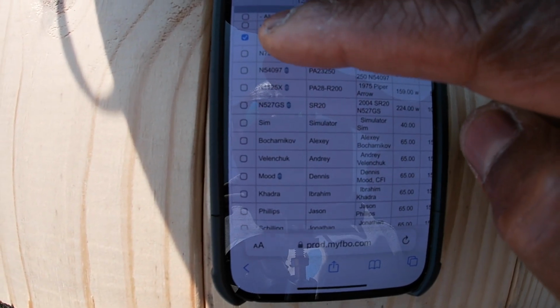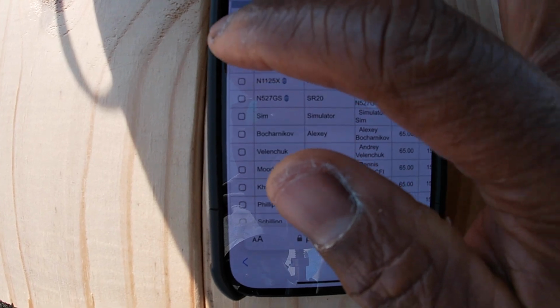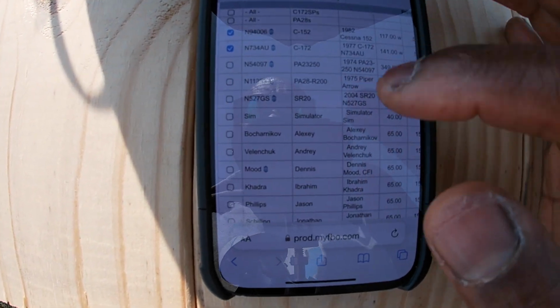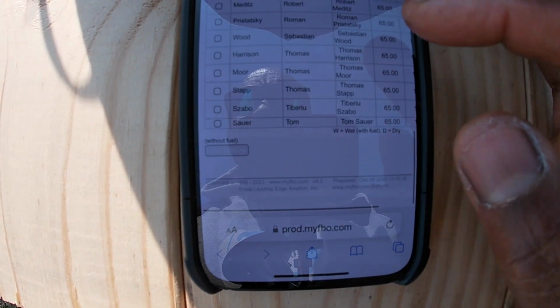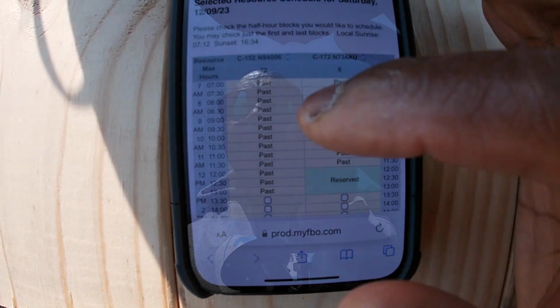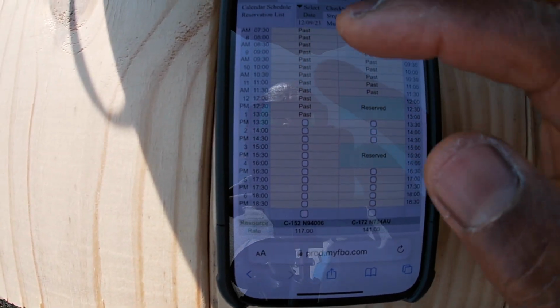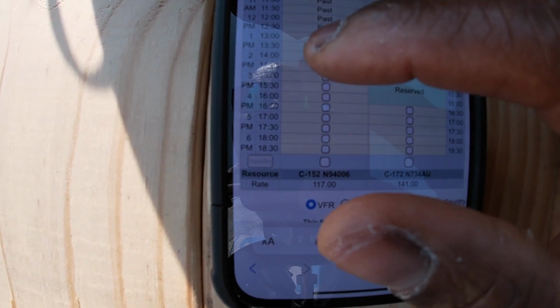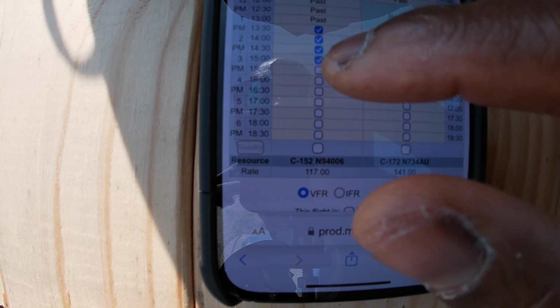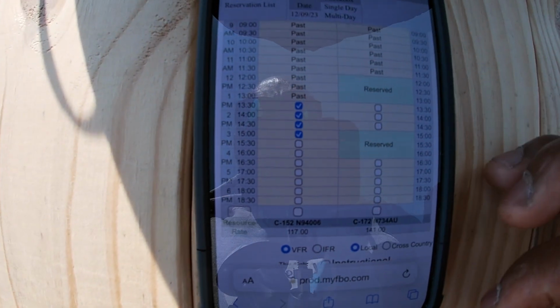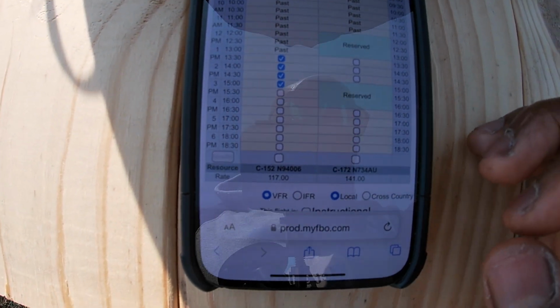But anyway, you see that's the only box that I have checked. I'll check this box just so you can see that as well. I'll come down here and hit the schedule. Now you can see this is all of the times that have been passed, and these are the times that are available. So we're going to do 1:30, and you see anything that's checked. So now we have rented the aircraft from 1:30 to 3,